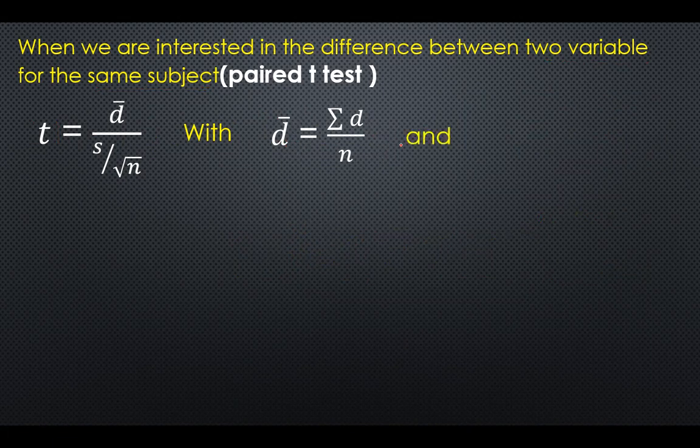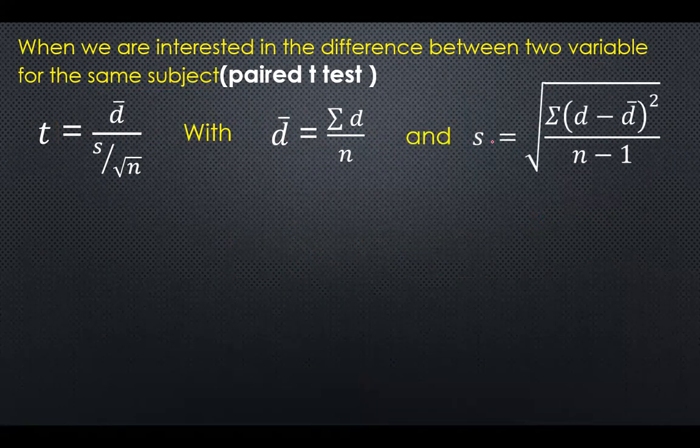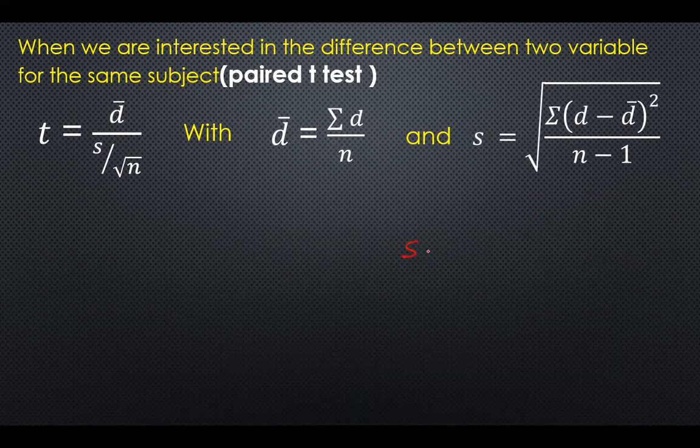What is the next one here? You have to remember the standard deviation formula. Usually the direct formula we have used is the square root of sigma of (X minus X bar) the whole square, divided by n minus 1. Here, instead of X, I have the difference, and the X bar is the average of the difference. So sigma of (D minus D bar) squared divided by n minus 1, I calculate this. You have to remember that is my S. You can use any other formula for standard deviation, we have done many methods already, so whichever is easy for you, adopt it. So this is for the standard deviation.